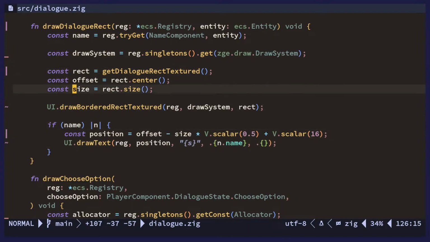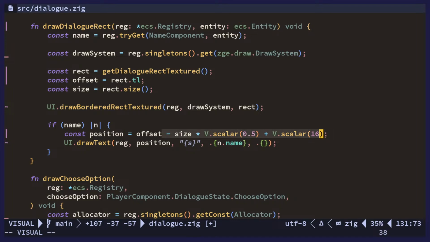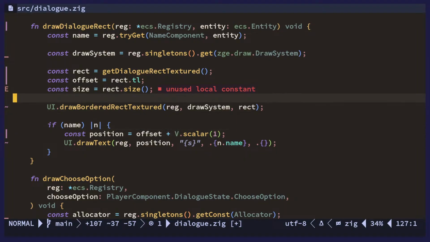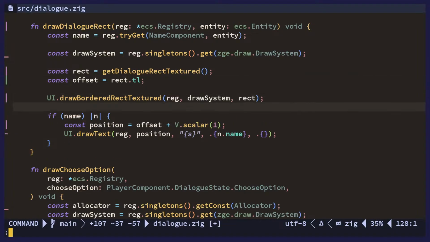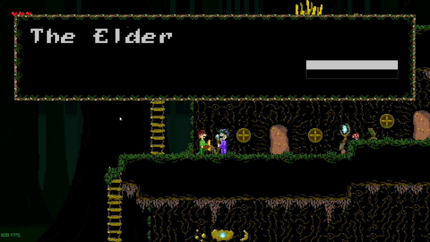So this rectangle should actually be grid coordinates, but then we take minus half of the size, and so the offset should actually be top left, and then we add 1. So let's see where that name ends up now. Should be at the top left of the dialog window. Okay, there we go. Except it's huge, so